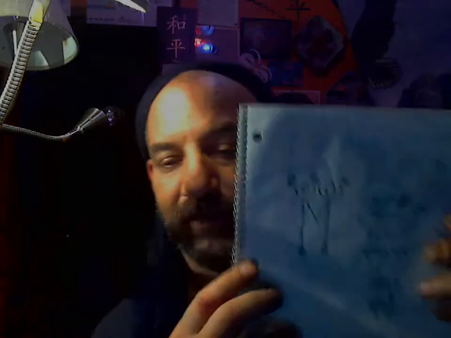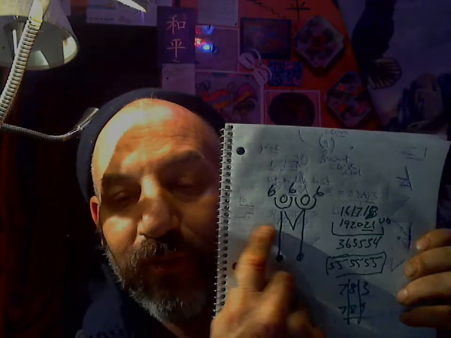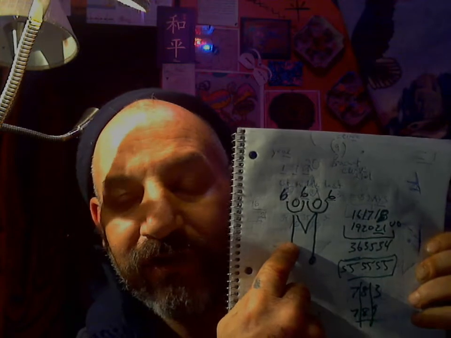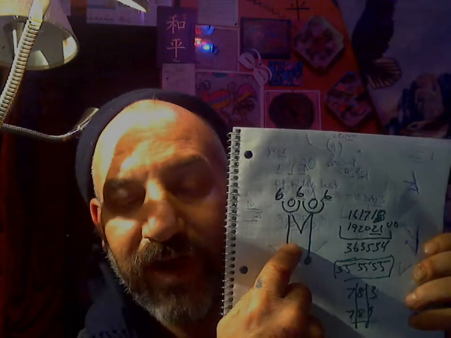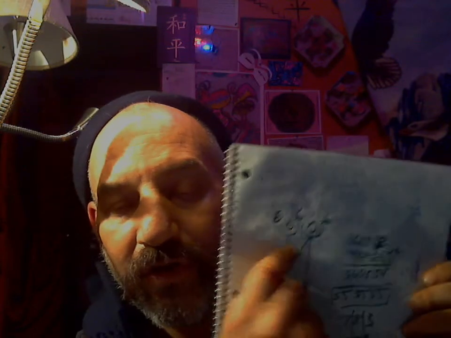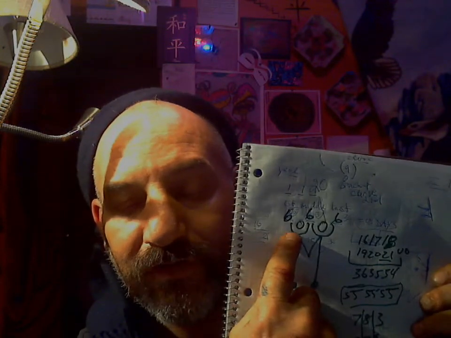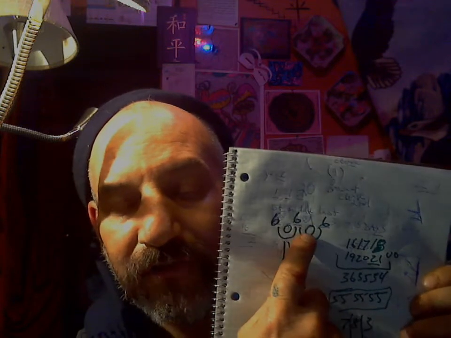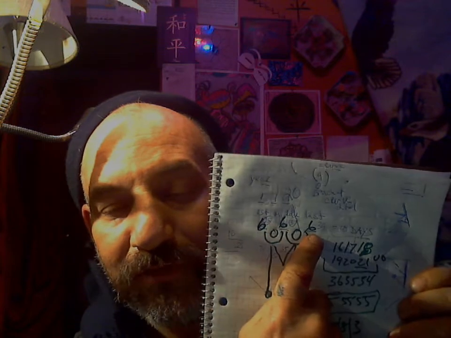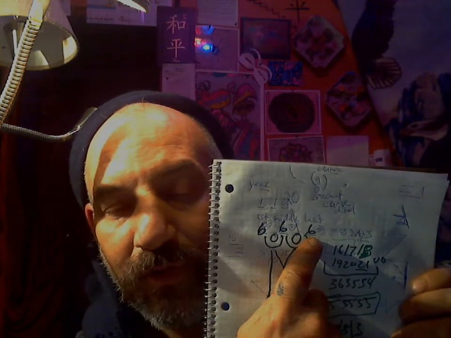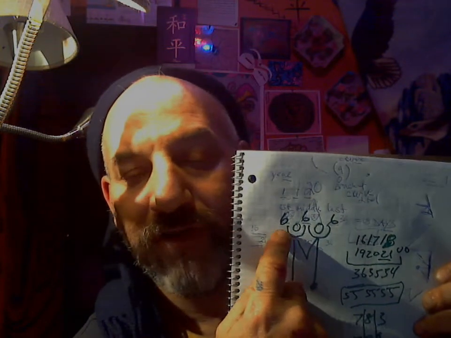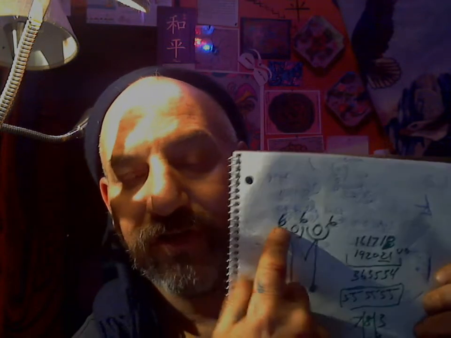So let's get back to this one more time. This says 1,000. M equals 1,000 in Roman numerals. This says 6,000. This says 6,000, 18,000. Or M equals 5,000 and 5,000. 5 times 5 times 5 is 125. 125 times 5 is 625, or